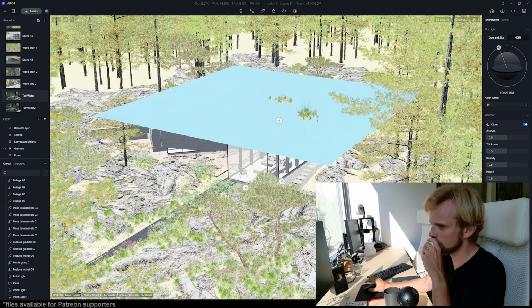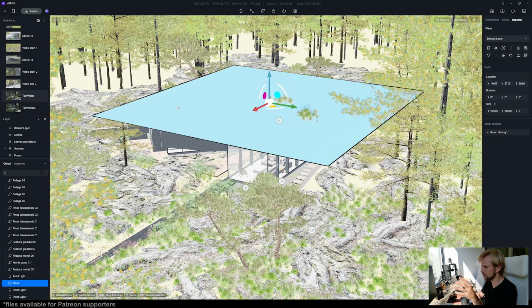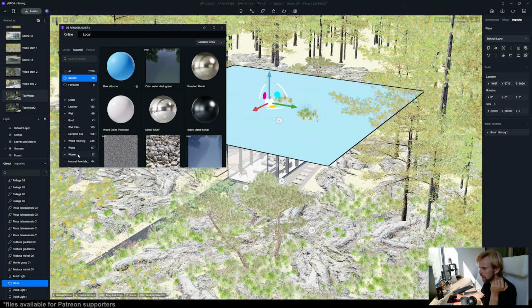Okay, so one of the main highlights of additions to the D5 renderer is the caustics effect that you get from refractive or reflective materials. And I have this example here that I'm going to show you. It's basically a rectangle, just an asset, a plane asset from, I believe it's under assets,